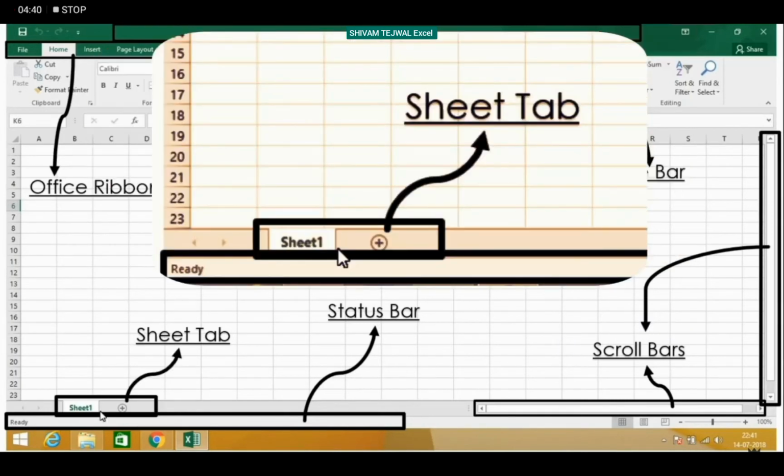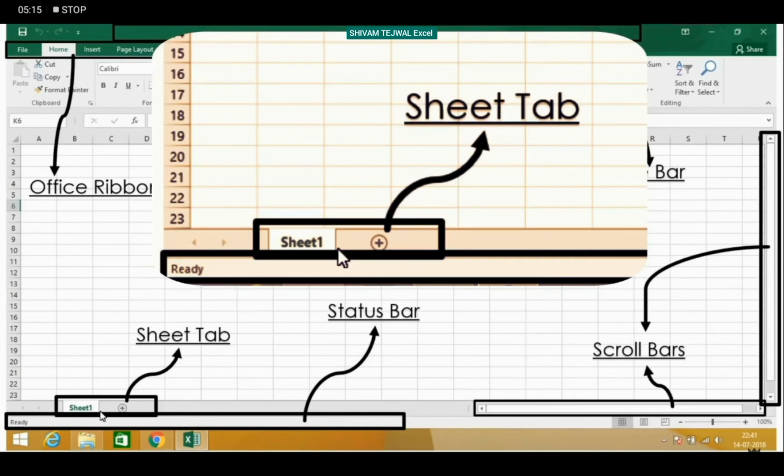Next one is sheet tab. As you can see, there is a sheet 1. So it is a default sheet. You can also access more sheets by just clicking on this plus icon. After clicking on this plus icon, you will get another sheet with name sheet 2. So you can add many sheets according to your requirement.